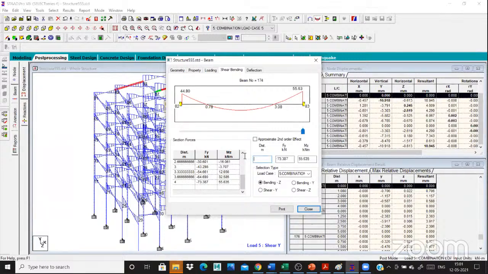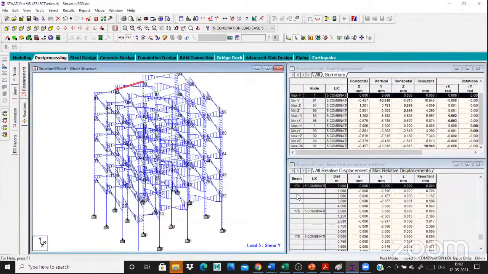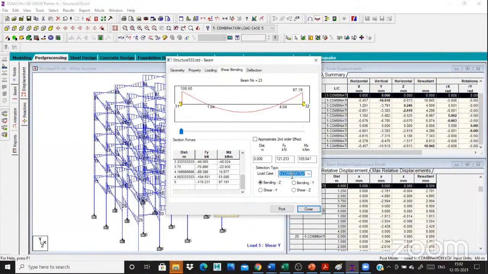See the values for your bending moment, shears and others. Simply click this. I need this beam. Simply click this. Then go to Shear. Then click this combination load. Then go to Bending. I need the mid of the portion, 2 meters. Simply click this, and automatically what bending will occur and the shear force will be given. This portion end is high. This end is high. Our mid portion is